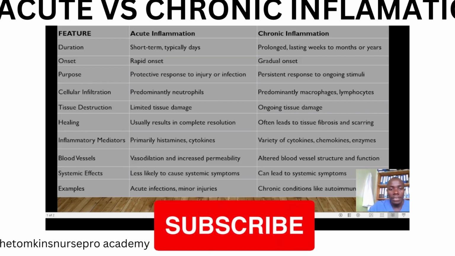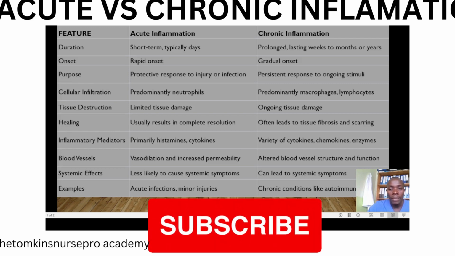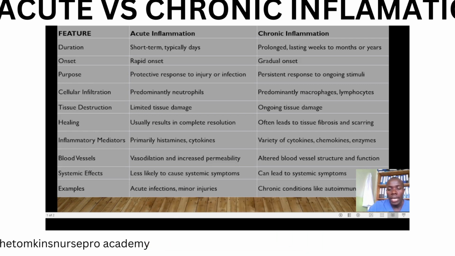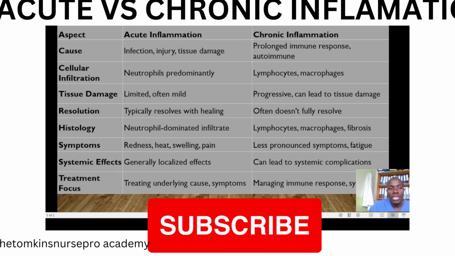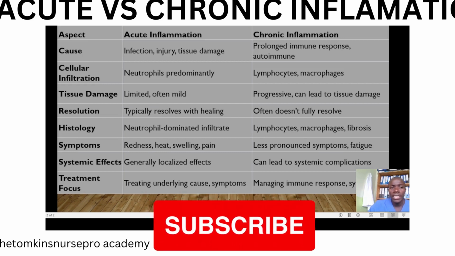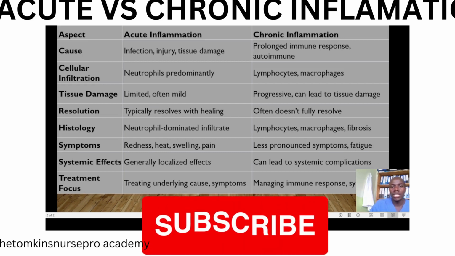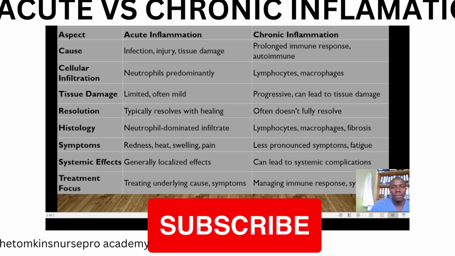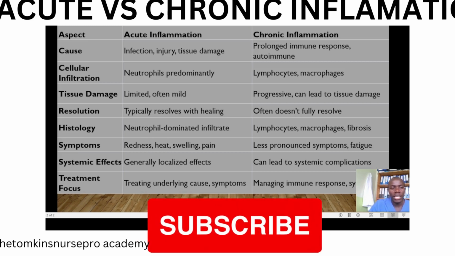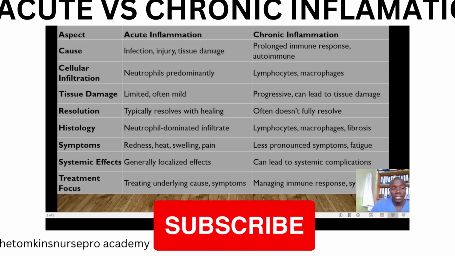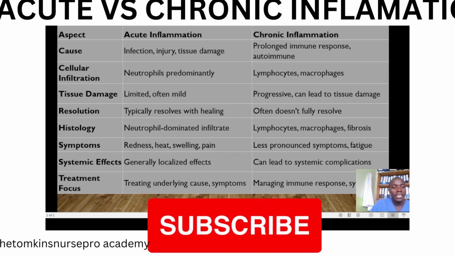We have acute infections and minor injuries for acute inflammation, whereas chronic inflammation is involved in conditions such as autoimmune diseases. So the cause is generally infection and injury or tissue damage for acute inflammation, as opposed to prolonged immune response or autoimmune diseases in chronic inflammation. We have already said that tissue damage is limited in acute inflammation. I will not want to repeat, but in terms of the